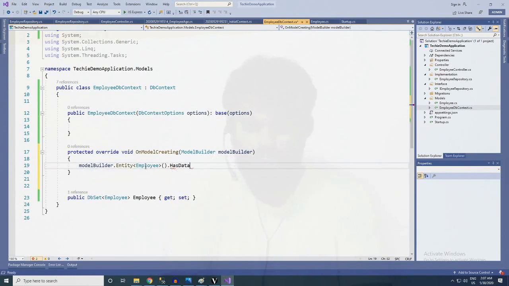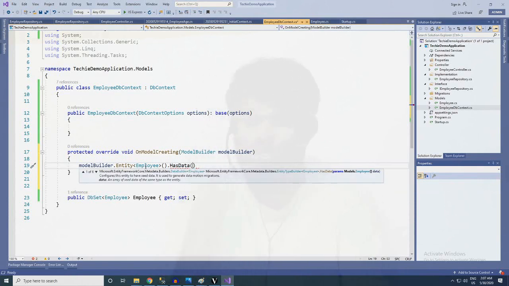HasData. We need to add as many employees for the hard-coded version.